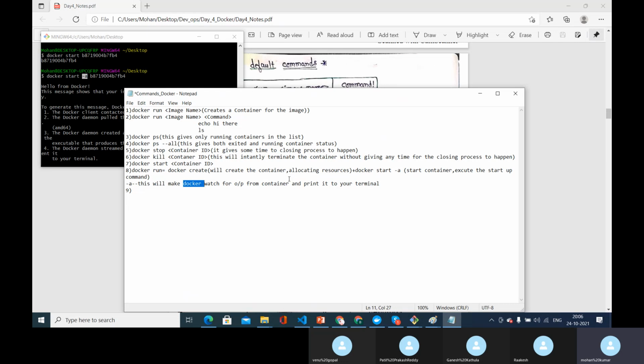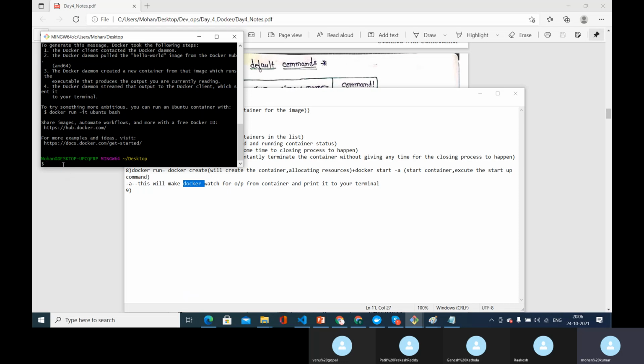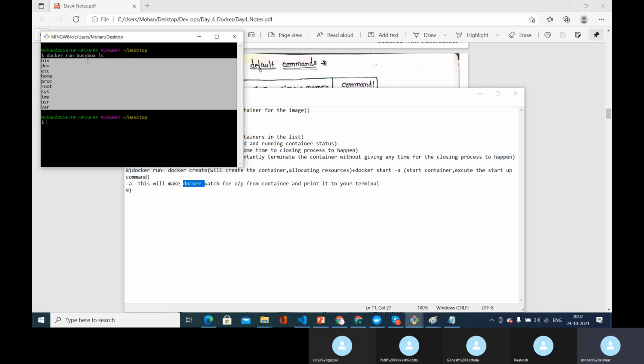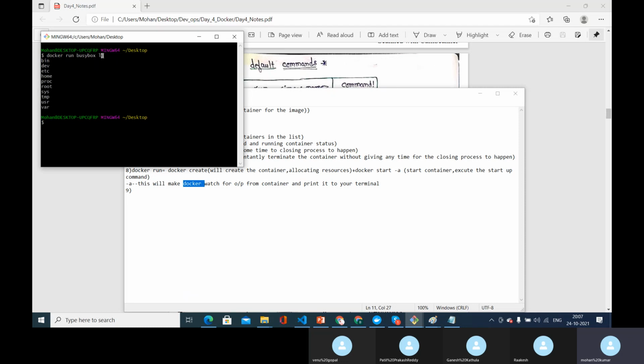So now, do you observe this? I'm clearing everything, and this is the last command. Let's wind up this weekend with this. When I say docker run busybox, and here I am giving something like ls, what is happening? A container is created called busybox, and ls is executed on the console of this container, and we are getting the output, right? We were able to execute only one command on this particular console.